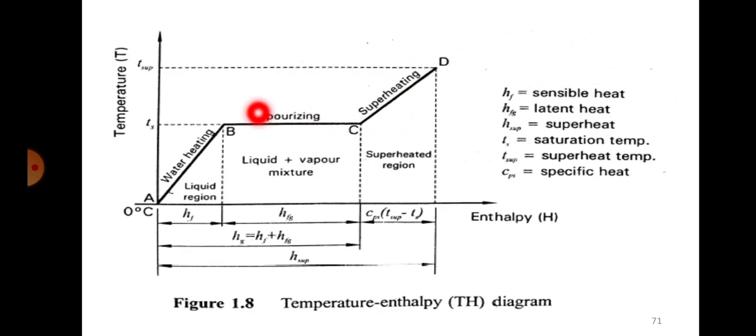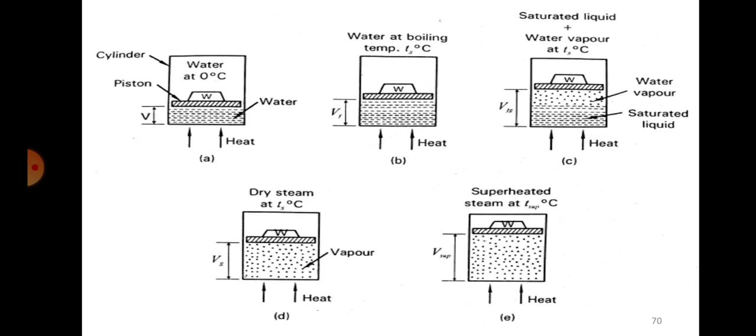But we are not explaining the concept of B and in between C and D. So we have taken this as BC, that is from wet steam to dry steam, and from here to here we have taken it as superheated steam. So in the previous sketch, if you are referring, C is somewhere here and D is here, and they are representing E by this point. Hope you understand that, right?